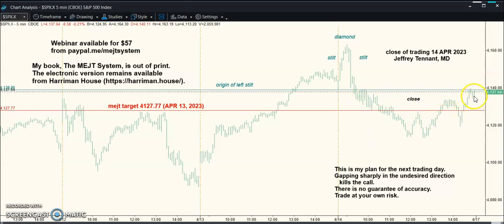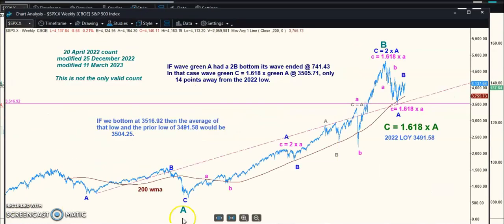So usually, even though futures shot up after the close, we're going to hold this area and trade lower. It also isn't too good that we broke out to a new high for this leg and then closed negative and couldn't even recover the early low. It's never good. Now the general idea is this low is going to hold,